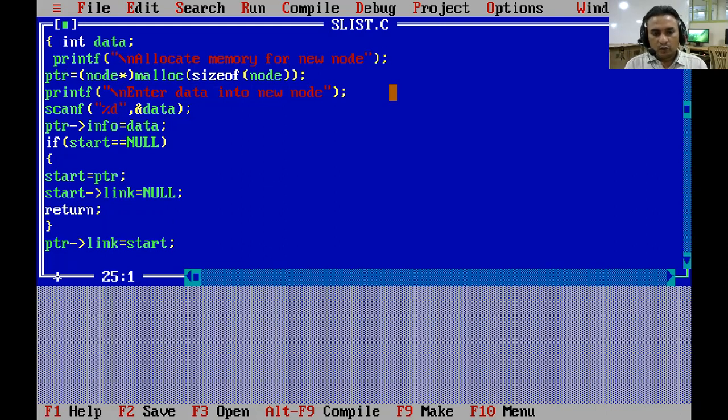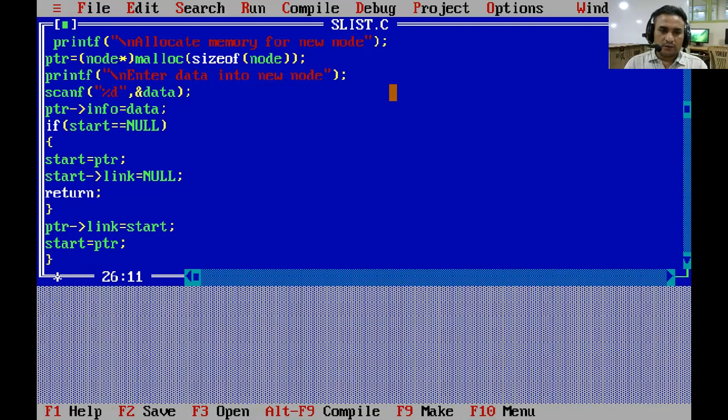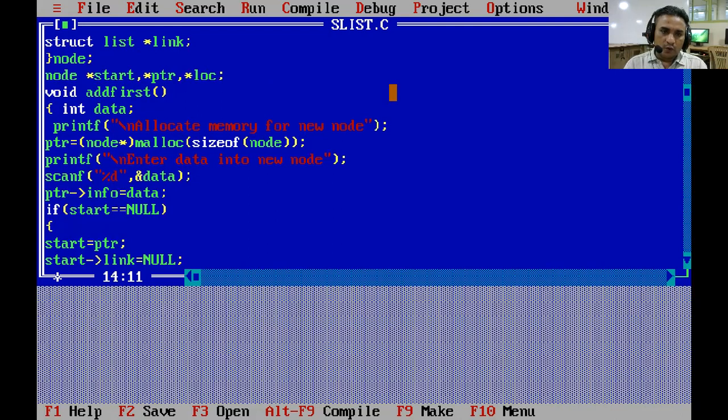But right now start is not holding the actual address of ptr, so we have to write here start is equal to ptr. Now start is pointing to first node and node is successfully added at beginning of linked list, or at first position. So it is complete code for adding a new node at first position into linked list.